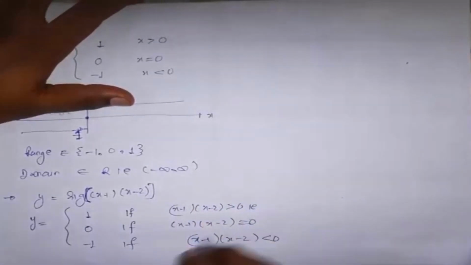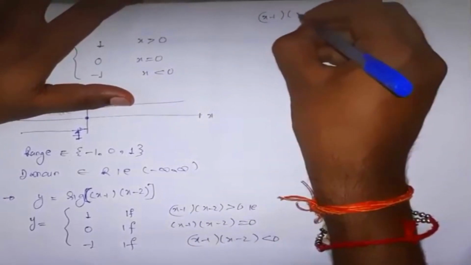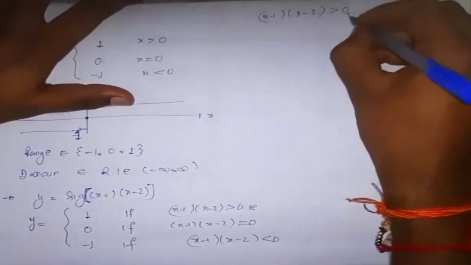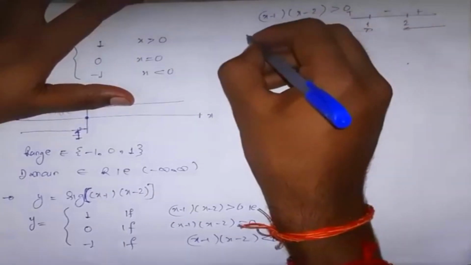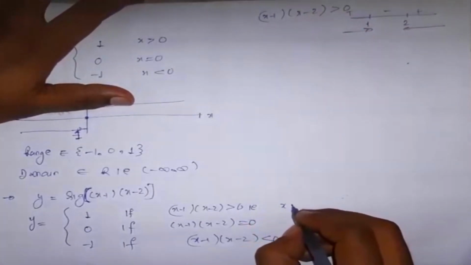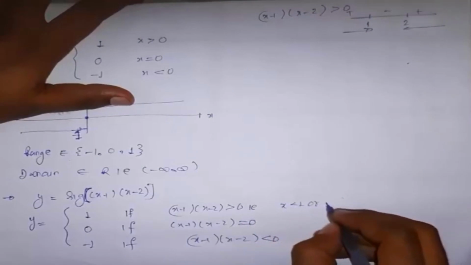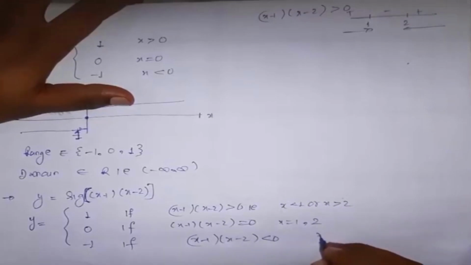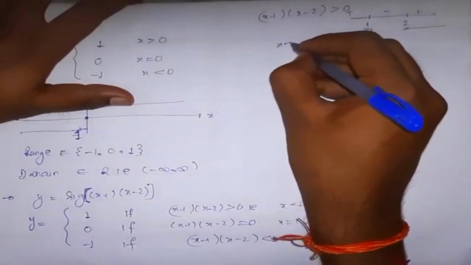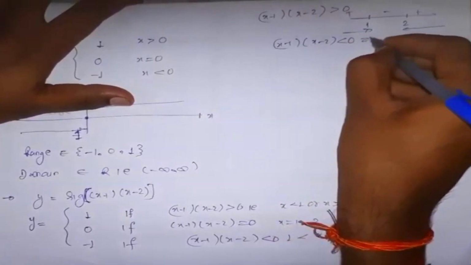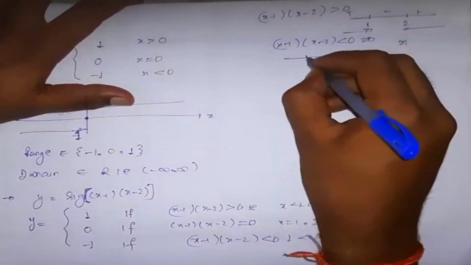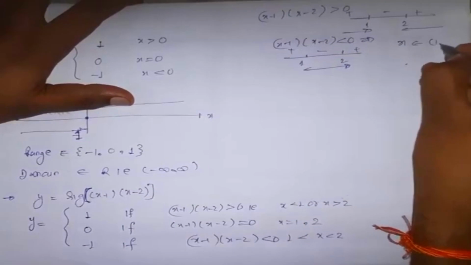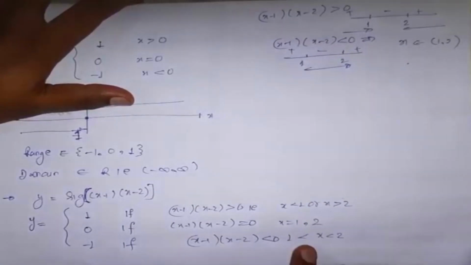That is, we will solve this. x minus 1, x minus 2 positive. That is, at 1 and 2, the signs are positive, negative, positive. These are the values of x. That means x less than 1 or x greater than 2. Here x equals 1, 2. Here x less than 2, greater than 1. This one, x minus 2 negative. That is, for x at 1, 2, the signs are positive, negative, positive. This will belong to 1 to 2. So these are the values of x.